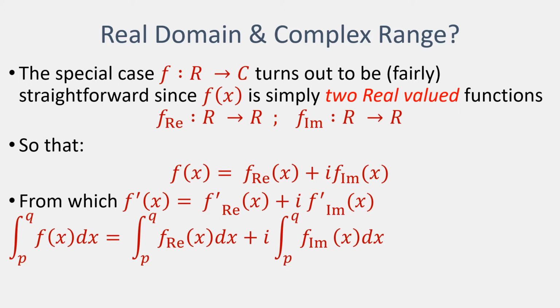And we get a similar simplification when it comes to integration. The fact that complex numbers are not ordered doesn't arise because we're dealing with a domain over the real numbers. So p and q here are both real numbers. We can think of one being smaller than the other. So in the same way as we had with differential calculus, we can treat the problem of integration as merely involving two separate structures added together to define the integral form.